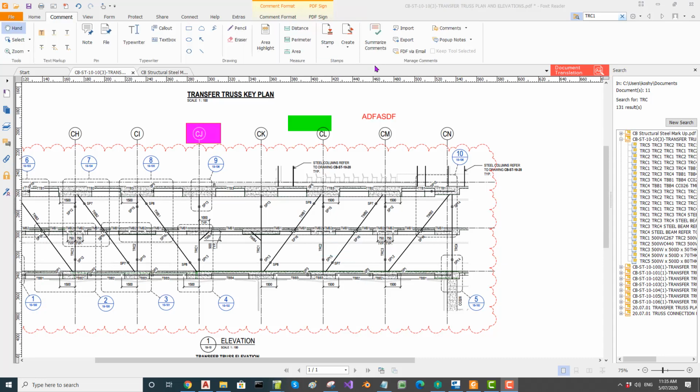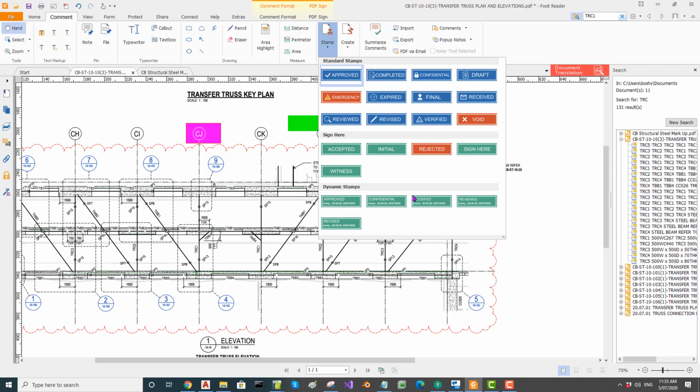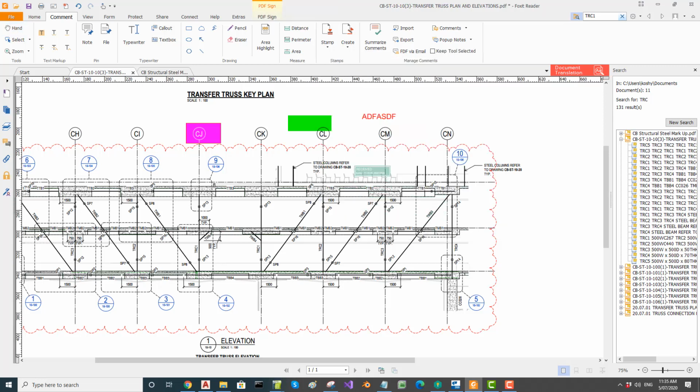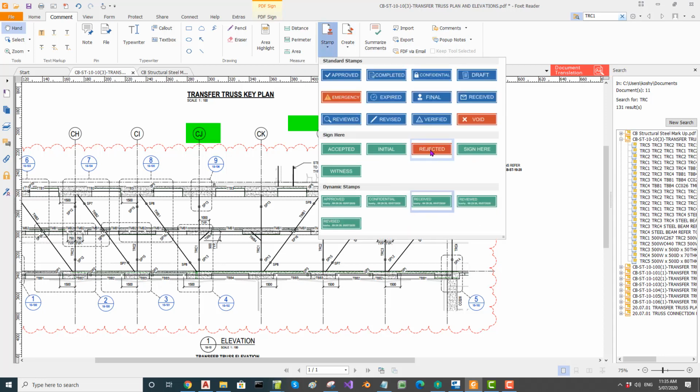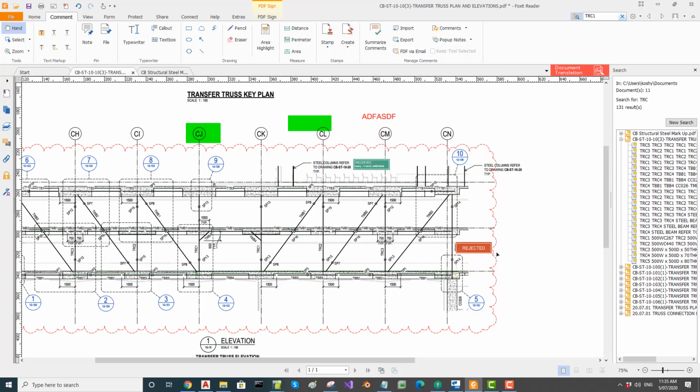The other thing is you can create some stamps. You may receive certain PDF files. You want to put a stamp on that. When you received, you go here and put a stamp and put a date on that or something. Or rejected something. You put up a proposal, rejected. You put a stamp there. These things are possible with Foxit PDF as well as